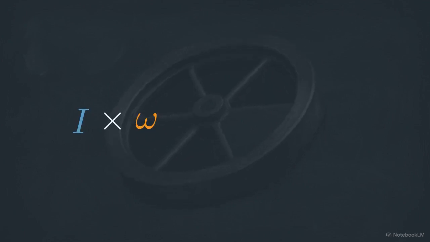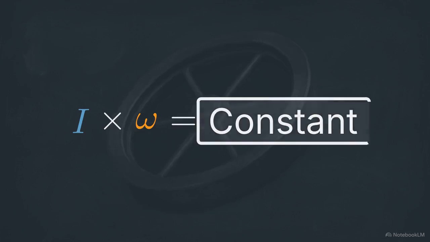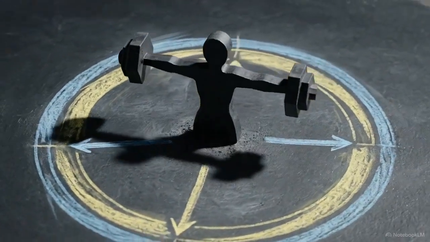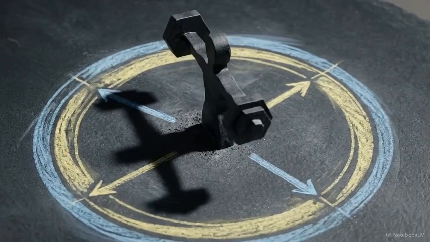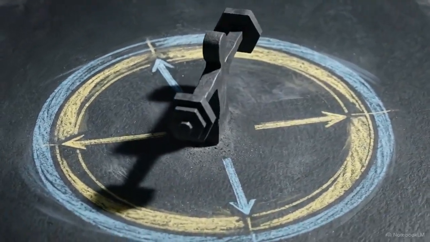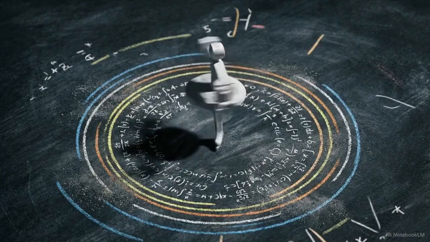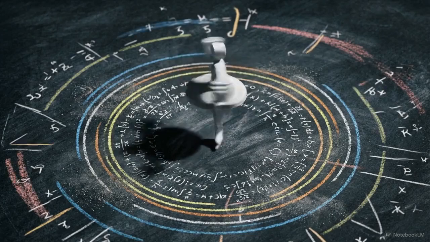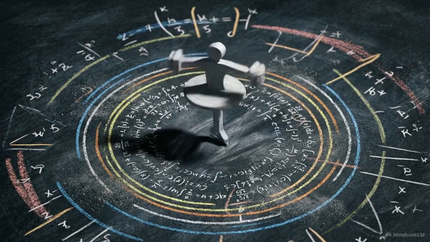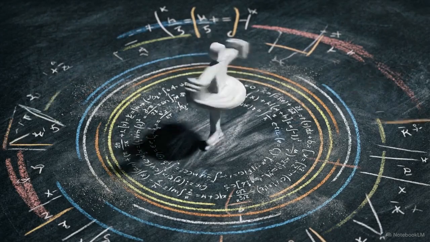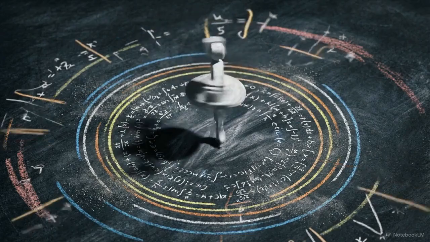This leads directly to the conservation law for rotational mechanics. The total angular momentum of an isolated system, its moment of inertia multiplied by its angular velocity, must remain absolutely constant. We see this balance calculated in real time by a figure skater spinning rapidly on the ice with heavy weights extended outward. When the skater drops their arms to their sides, they pull mass closer to the axis. This physical retraction drastically shrinks their moment of inertia.